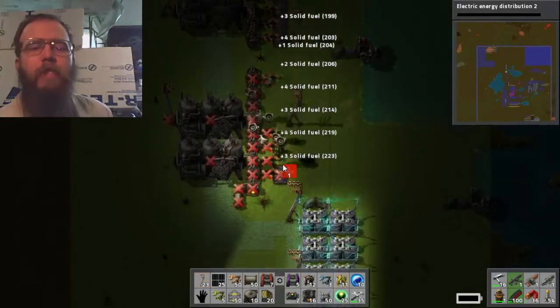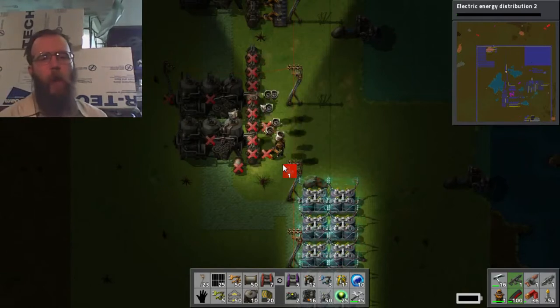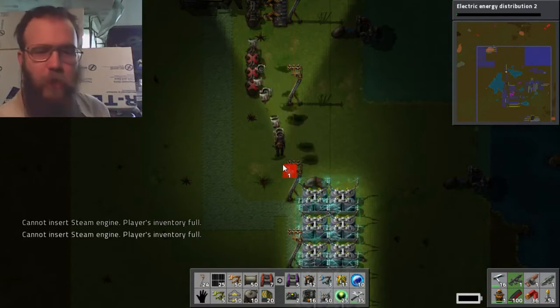So, anything that's in the smart chest, it's counted. And the wires count them. Like, it goes through the wire. So if I had 10 copper in a smart chest and a wire...